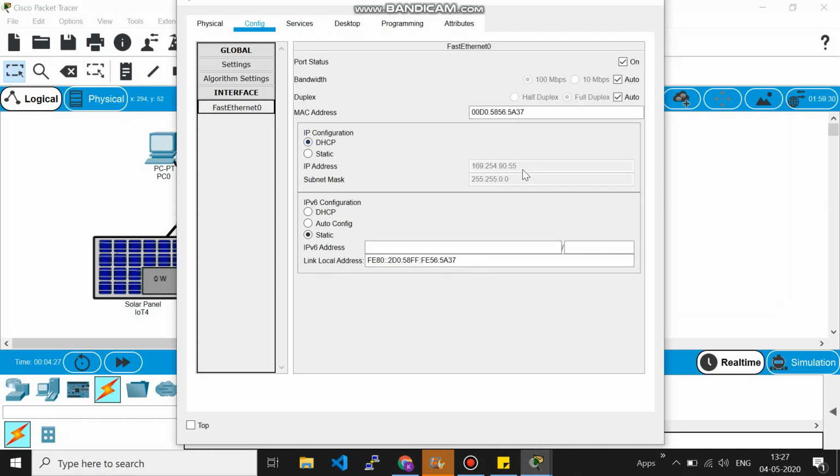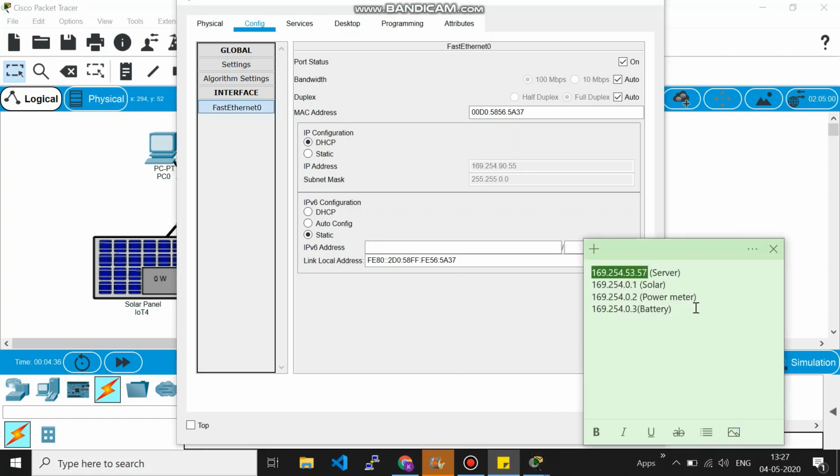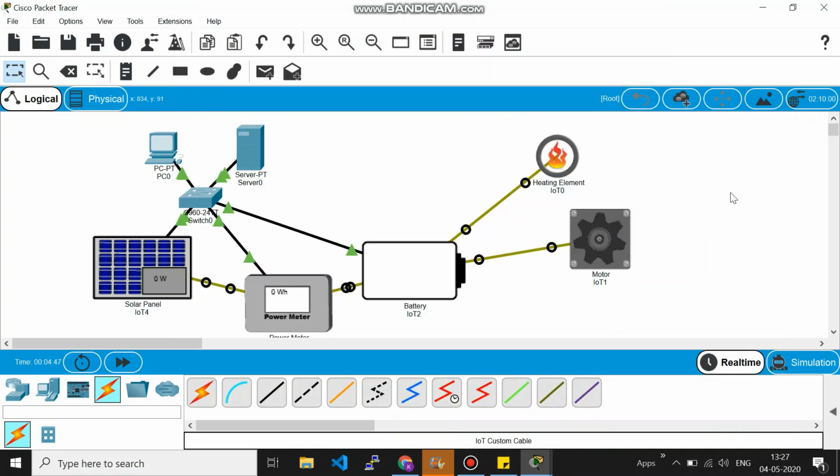And then in the fast Ethernet, these are the connections which are given. And this is the IP address which is assigned to the server. So what you have to do is, you just have to note it down. So 169.254.90.55 is the server address. Okay, just keep a note of it.